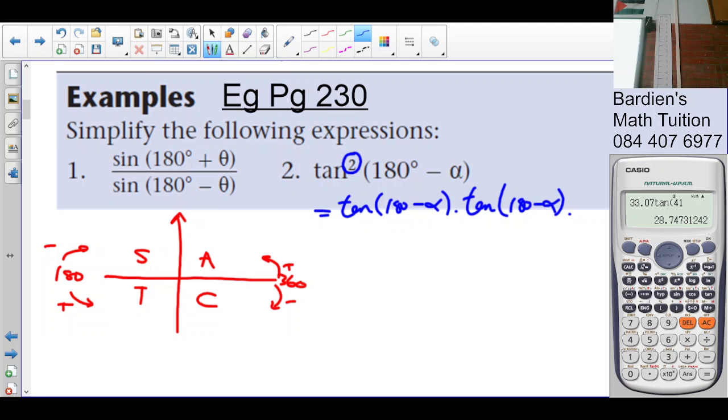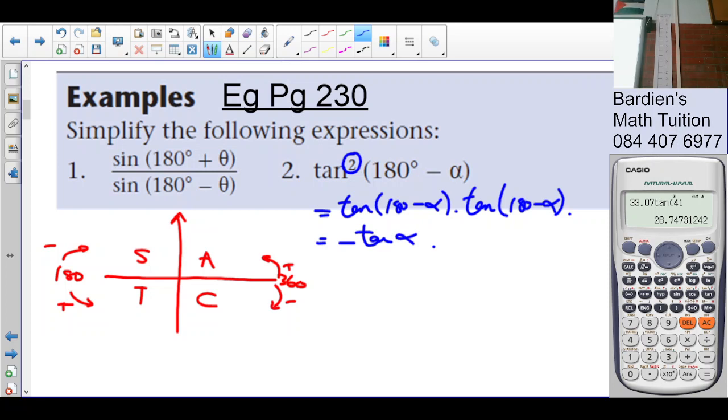So tan 180 minus alpha is in which quadrant? Second quadrant. Is tan positive or negative? Negative. So what do I write here? Negative tan alpha times